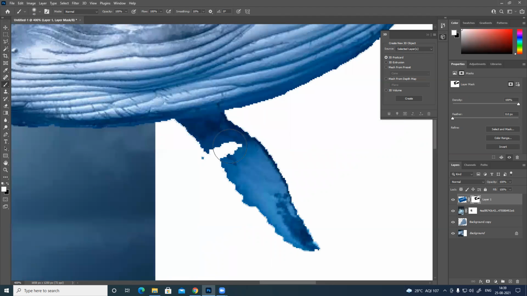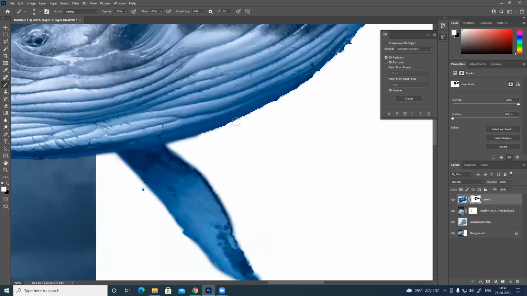Make sure it's back. Smooth the edges. I can simply blur it out, but it's painted. Personally, I prefer paint.